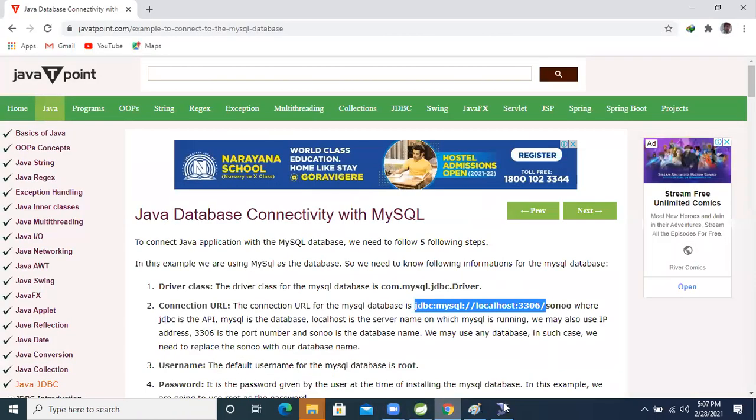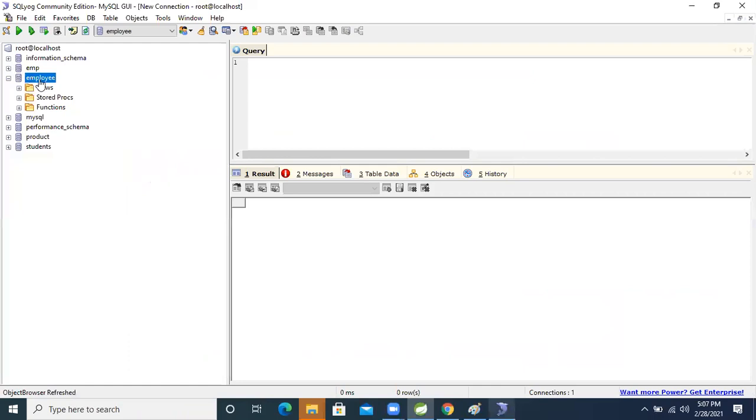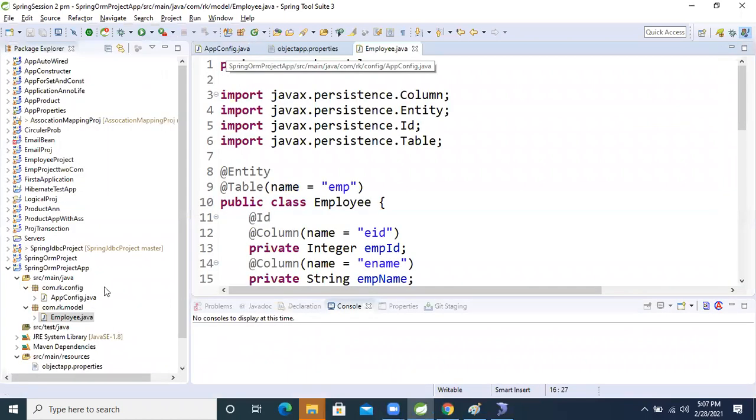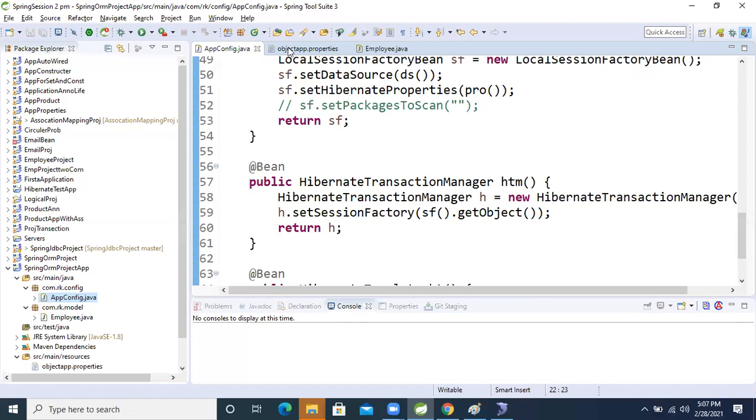This is our model class and configuration. See, the employee table is there already. Our entity class is ready now, which persists in the table. But I left something in the configuration, I said I would tell you when the time came. The Employee entity class is in com.rk, right? Come inside the configuration class.